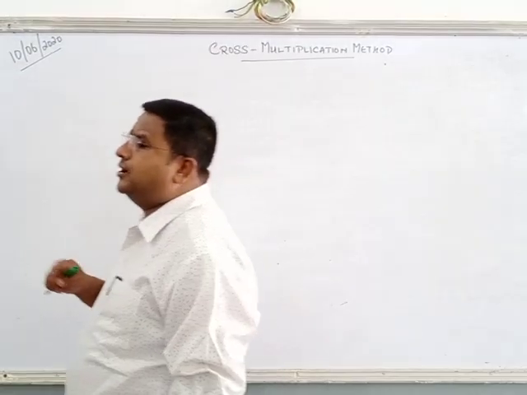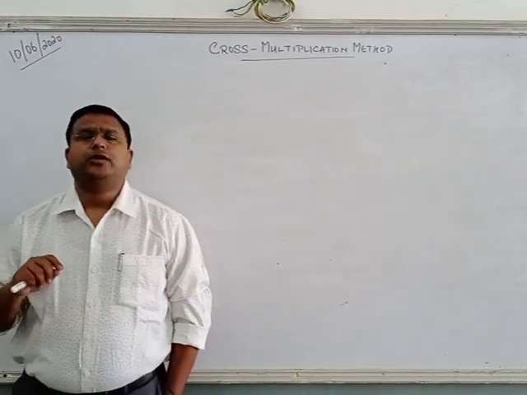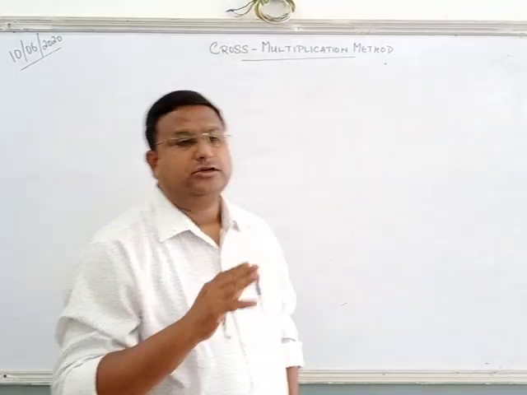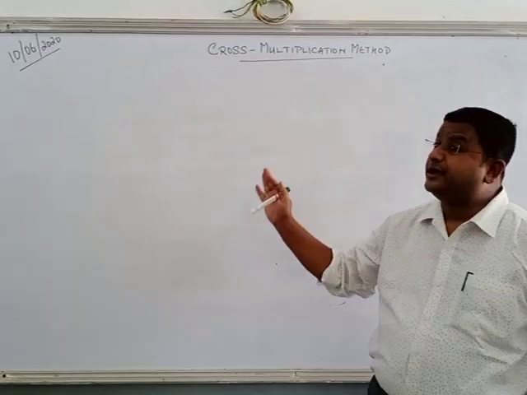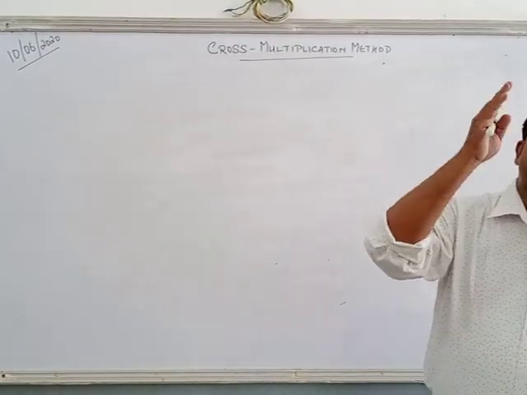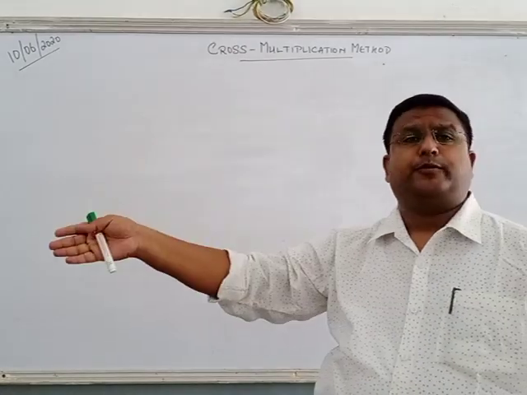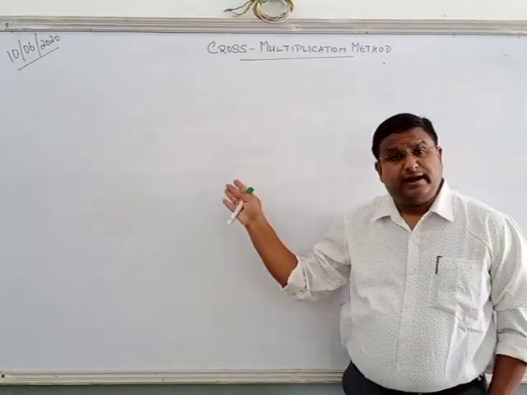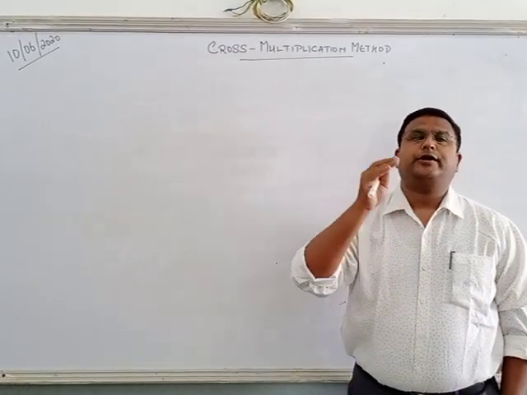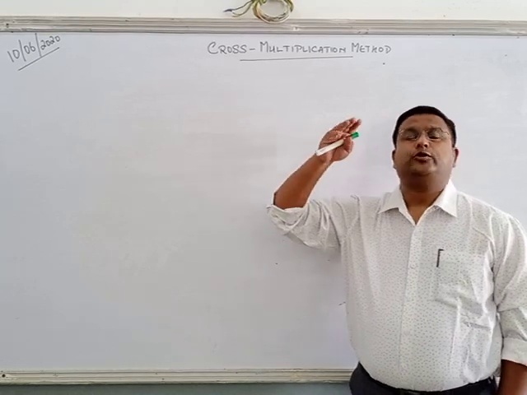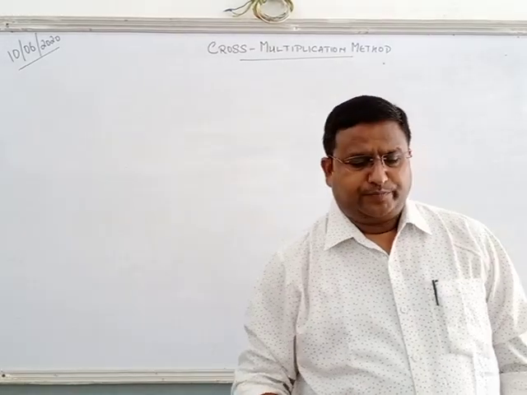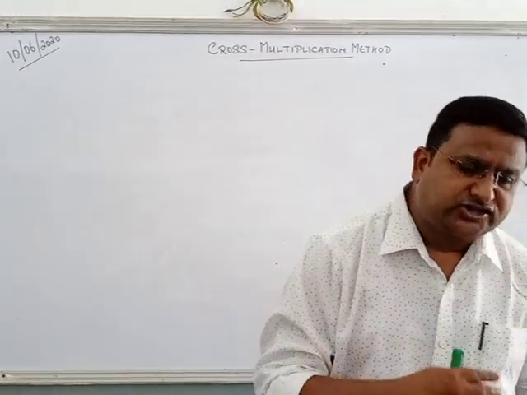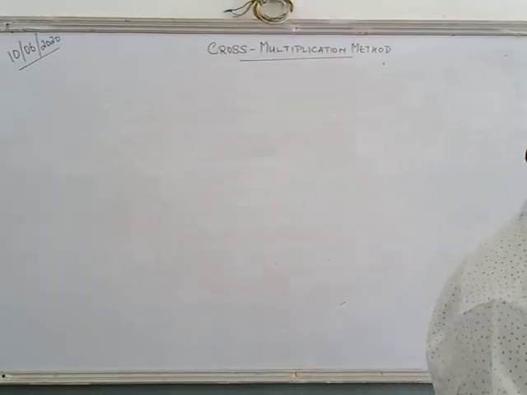If you remember, in the first lecture we discussed the conditions of solutions. A1 upon A2 not equal to B1 upon B2 was a unique solution. A1 upon A2 equals B1 upon B2 equals C1 upon C2 was infinitely many solutions. And when A1 upon A2 equals B1 upon B2 but is not equal to C1 upon C2, we say it has no solution. In the same way, we have to check the condition first and then solve the rest of the questions.